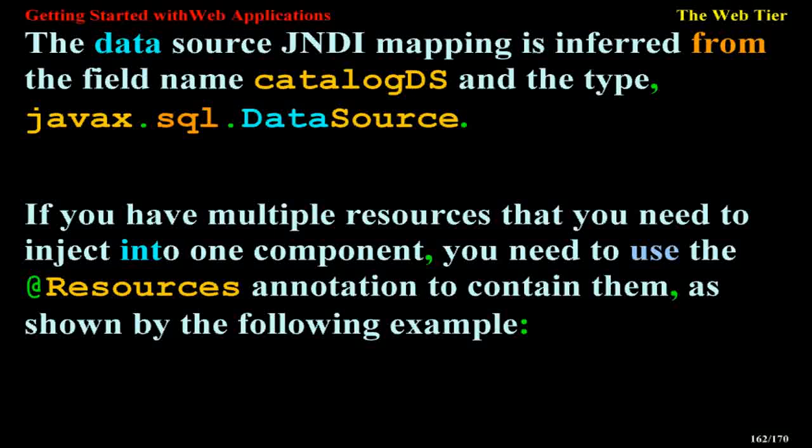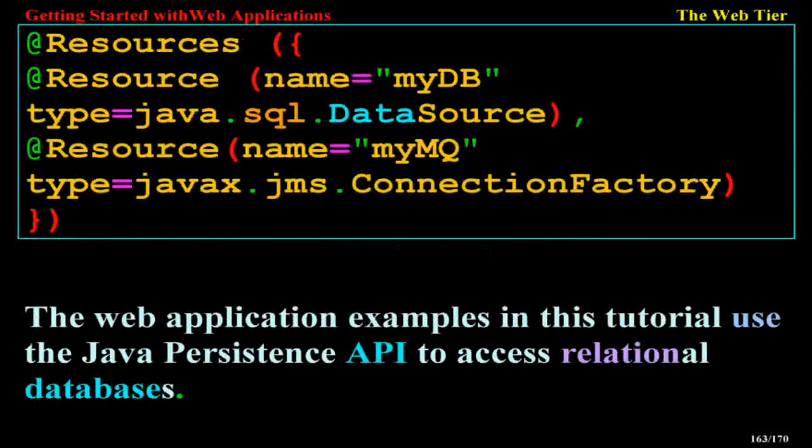javax.sql.DataSource. If you have multiple resources that you need to inject into one component, you need to use the Resources annotation to contain them, as shown by the following example. @Resources({ @Resource(name="myDB" type=java.sql.DataSource), @Resource(name="myMQ" type=javax.jms.ConnectionFactory) })